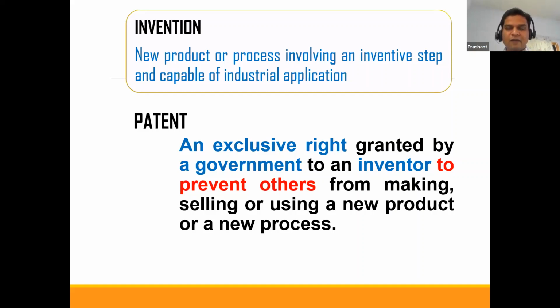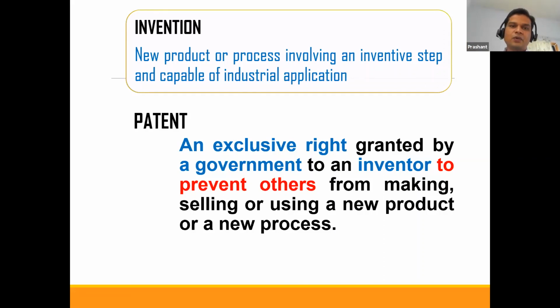So once you arrive at a conclusion, okay, I have done one research in my lab or in my college and I conducted a search and I found that it is novel. So the first tick is done, that your product or process is novel. Then you need to evaluate whether my proposed product, process or invention is inventive or not. Now in India, inventive step means your proposed product should be technically advanced or economically significant, or both, compared to the existing knowledge. And then the third criterion is your proposed invention should have an industrial application.